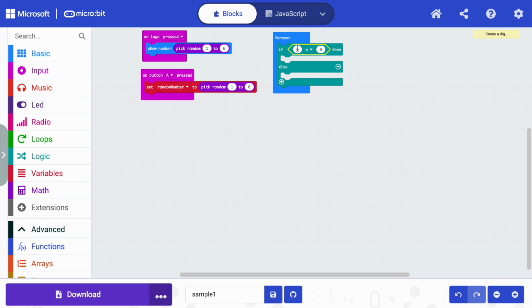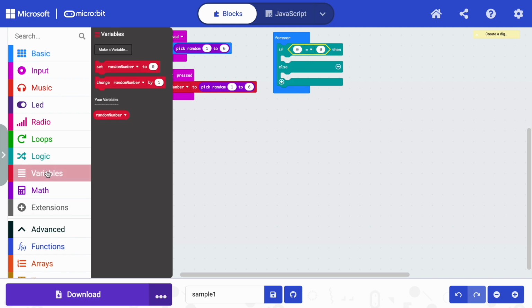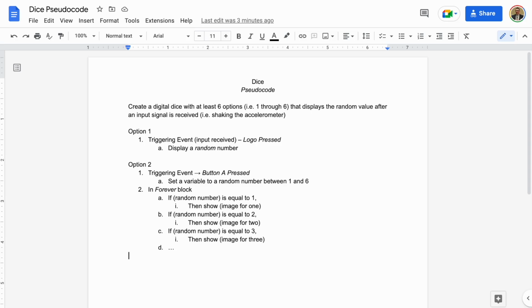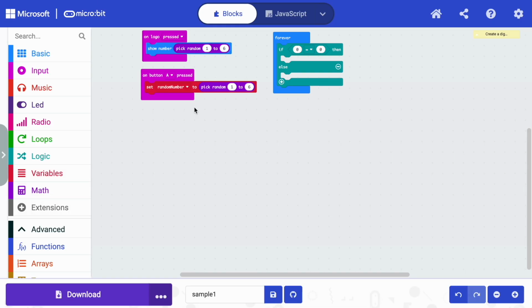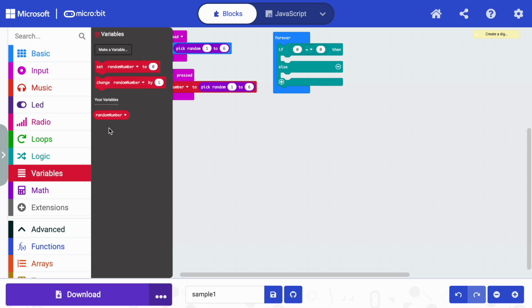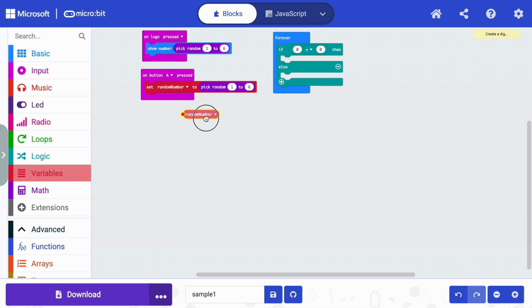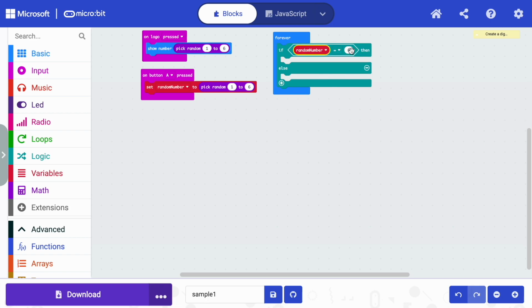And now what am I looking for? I'm looking to see if, let's go back to our pseudocode, if the value of random number is equal to 1. So I want the value of this variable random number. So I'm going to go to Variables, random number, and you'll notice it's round and fits nicely in the oval shape here. If random number is equal to 1,